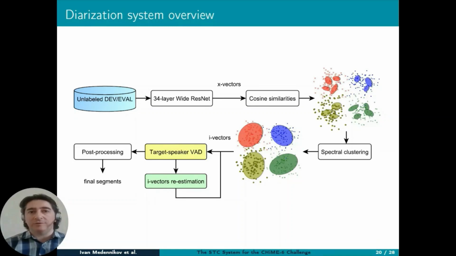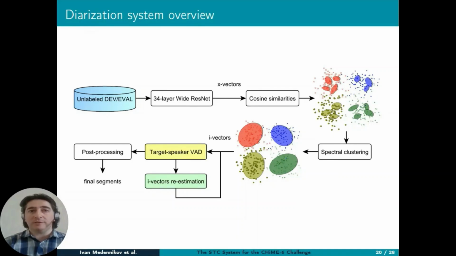This slide shows a full pipeline of our diarization system. After the preliminary clustering-based diarization described earlier, the i-vectors of each speaker are estimated. The improvements in the baseline diarization turned out to be sufficient to provide a good start for the target speaker voice activity detector. The single-channel version of TSVAD is applied to each Kinect channel separately, and then the probabilities are averaged over the channels.